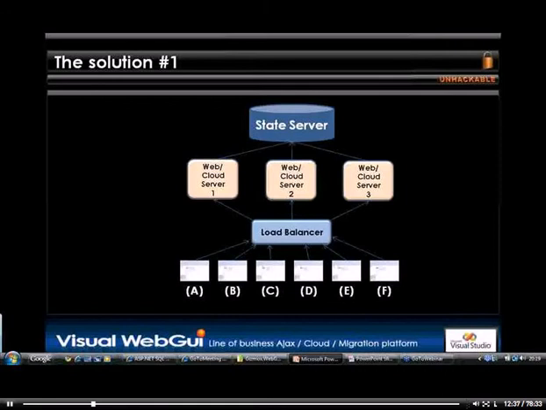And that is true, but we've done some extraordinary optimizations within Visual WebGui Core to support this ability very well, in a way that the penalty for having a state server on very large applications shouldn't be larger than 15 milliseconds per call. And this is possible due to the fact that Visual WebGui